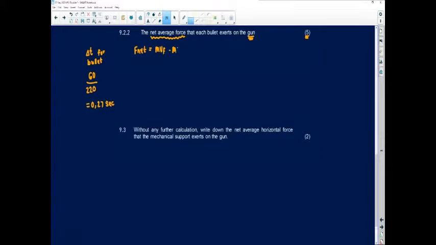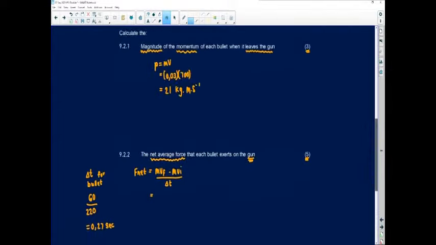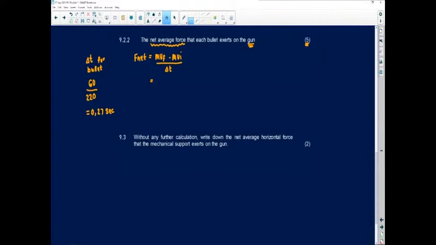MVF minus MVI all over delta T. Remember, I do have my final momentum there, which is the 21. You don't have to calculate it again, we've already calculated it. The initial velocity, remember, initially it was not moving inside the gun, so that's why my initial momentum is 0. I just calculated my time to find that it's